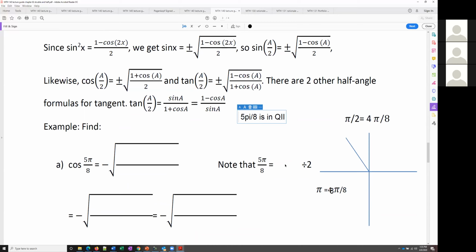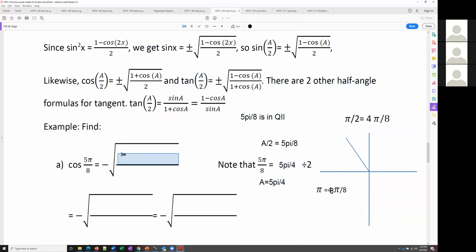And 5 pi over 8 is equal to 5 pi over 4 divided by 2. Remember, dividing by 2 is the same as multiplying by a half. So this is going to be my a over 2. A over 2 is 5 pi over 8, and A is 5 pi over 4. Is that okay? So I'm going to use my formula for the cosine,